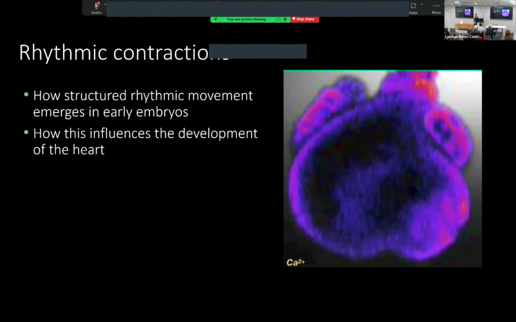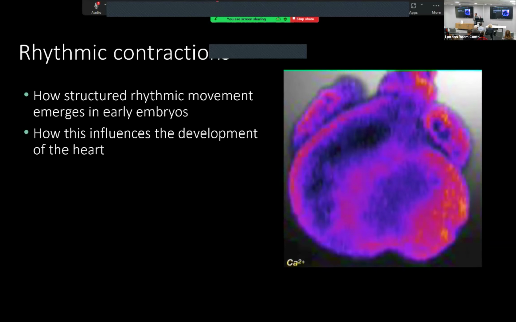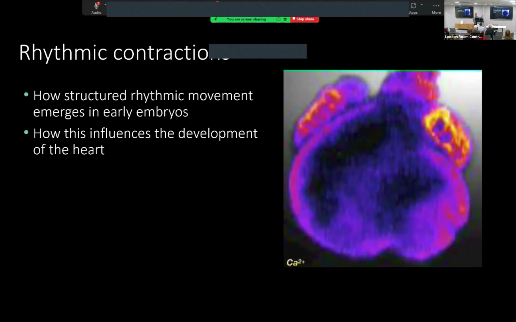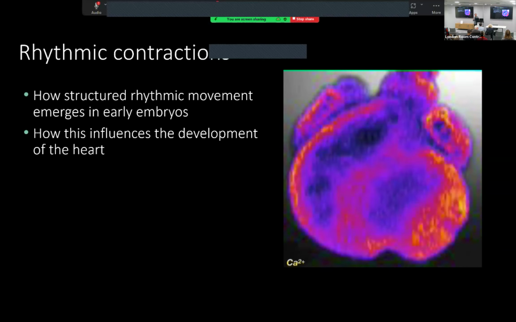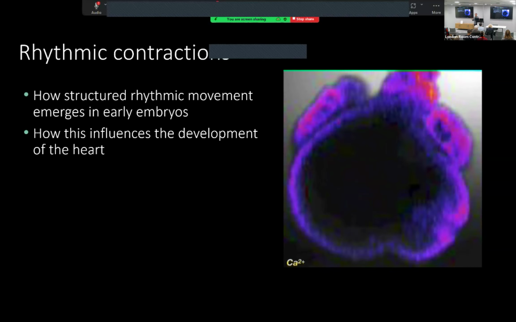They're actually talking about how understanding that developmental process is potentially really important, particularly for some heart conditions, where the heart has maybe developed slightly differently from how it's meant to.